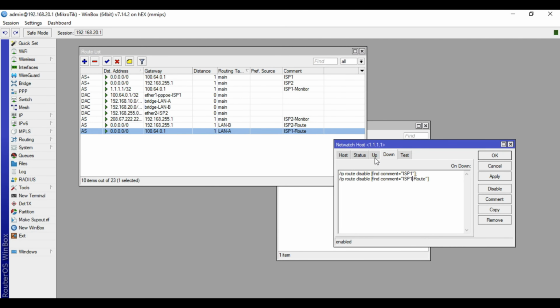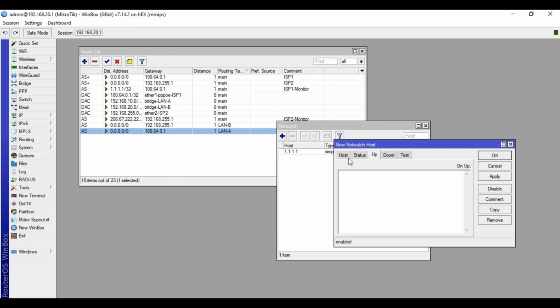And if NetWatch successfully pings the 1.1.1.1 IP, then for the up tab, these commands will trigger. It will enable again the routes that were disabled. Click apply, then okay.